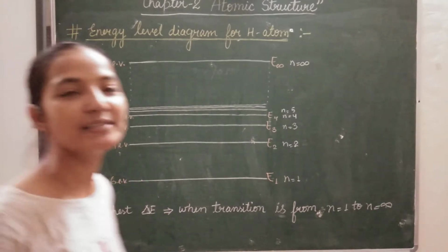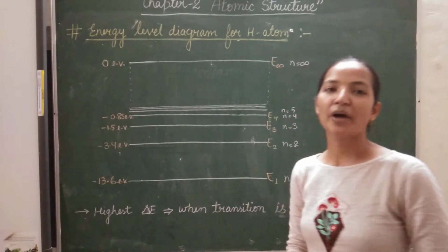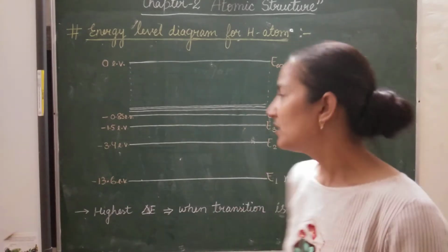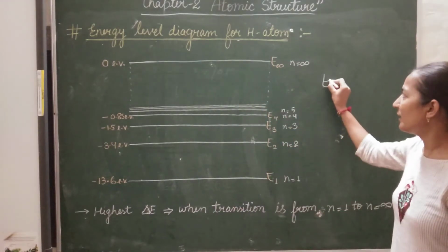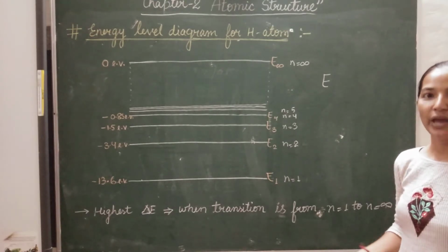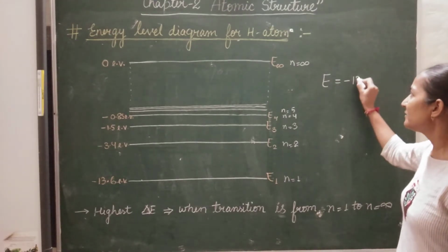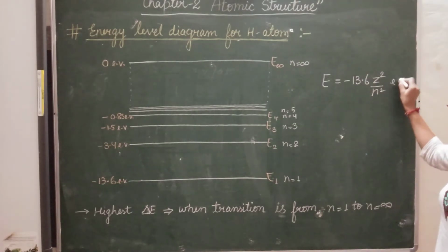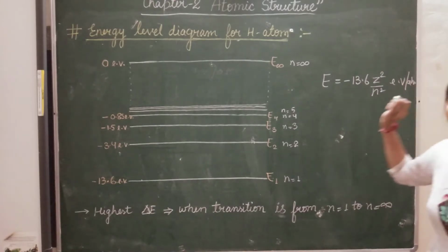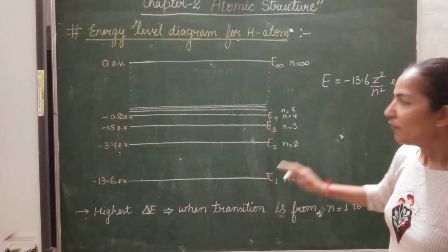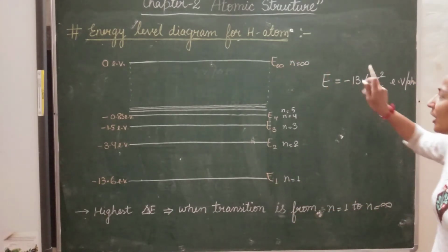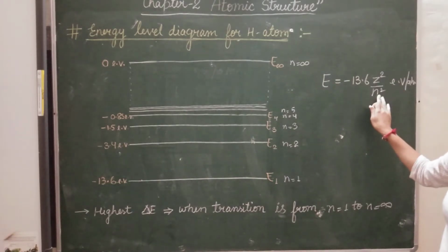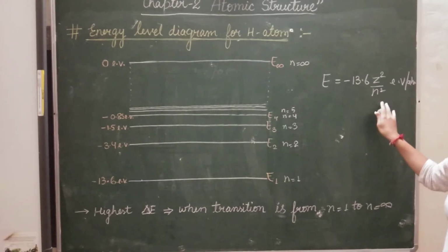Students, now let's discuss the energy level diagram of the hydrogen atom. To draw the energy level diagram of the hydrogen atom, we know the formula for the energy of any orbit is minus 13.6 Z square upon N square electron volt per atom. For the hydrogen atom, the value of Z will be 1, and we will use the values N equals 1, N equals 2, N equals 3 and calculate